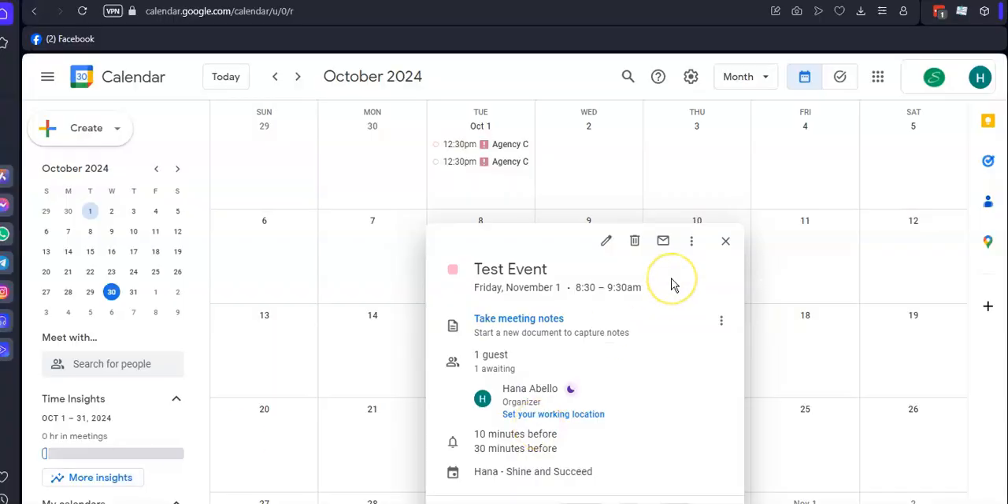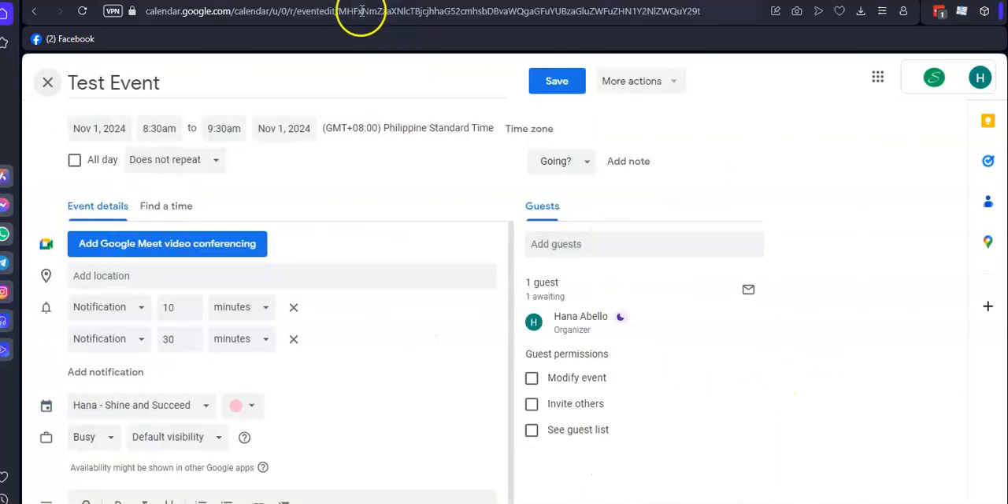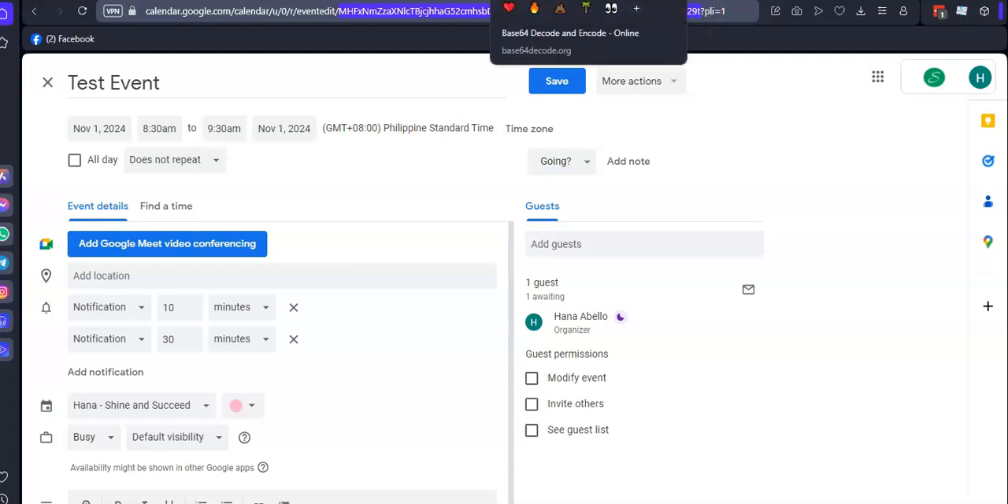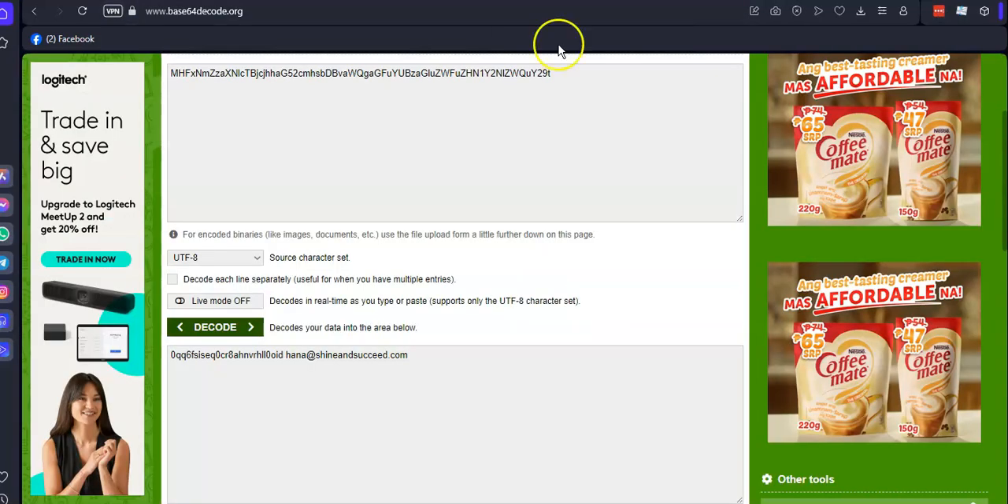Okay, so we are back on Google Calendar, and what we want to do is edit the event. And here in the URL of the event, you can see that there's this value here after event edit / and before the question mark. We want to copy that and then go to this website called